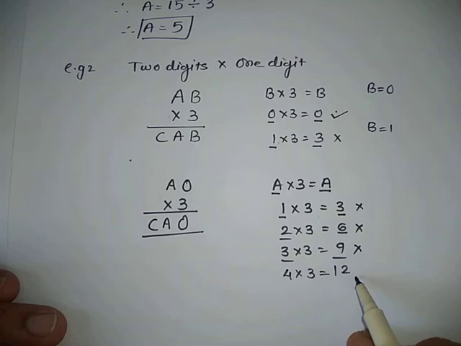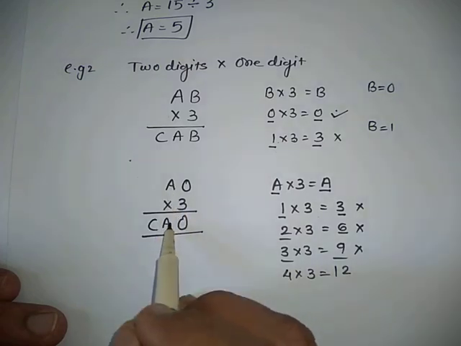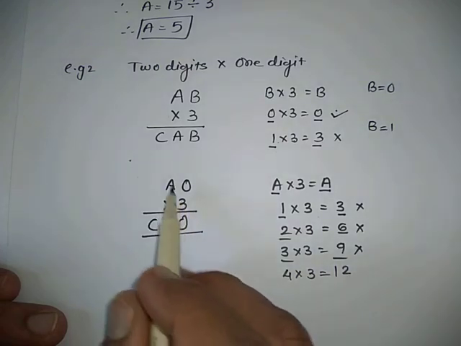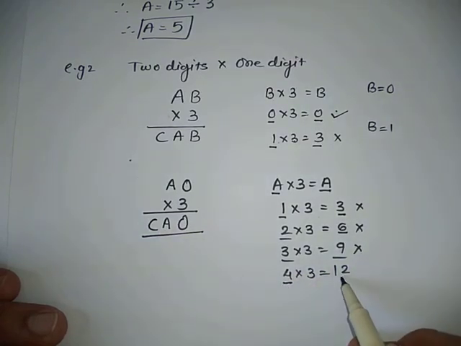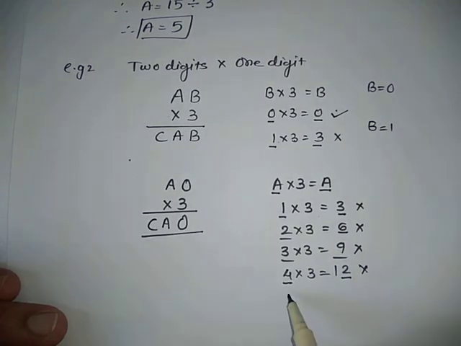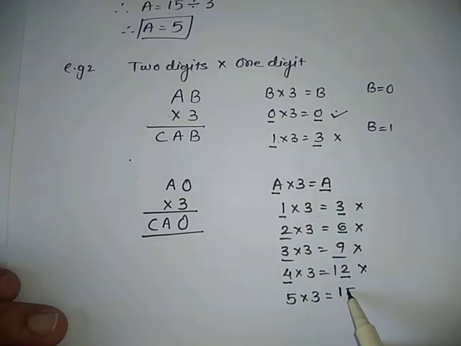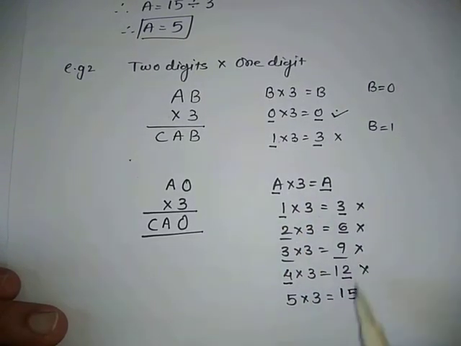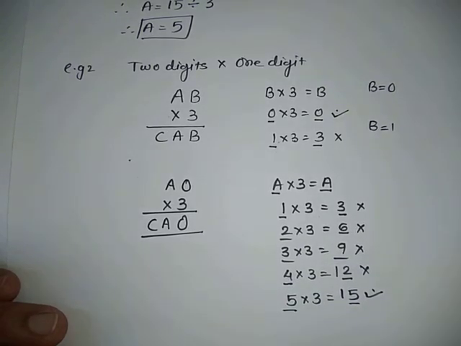A 2-digit number did come. Okay, but if I take 2, then here also I have to take 2. So 2 3s are 6. Clear? So this 2 is also not matching. The 4 unit place here also does not match. If I take 5 as the value of a, so I will get 3 5s are 15, and the 5 at the unit place digit is possible. So I would like to take a as 5 and get the answer.